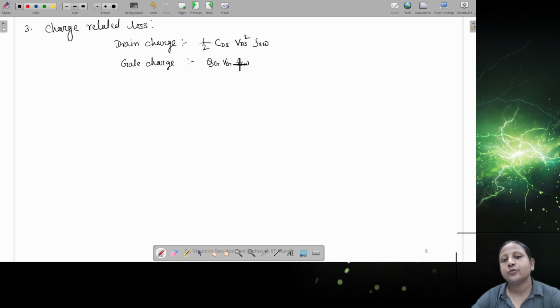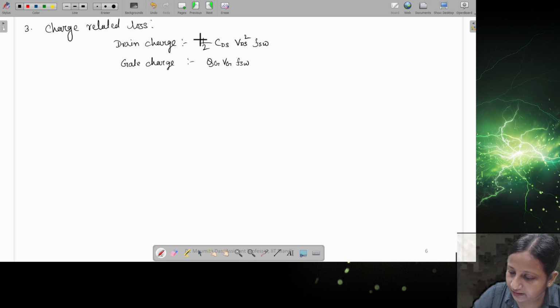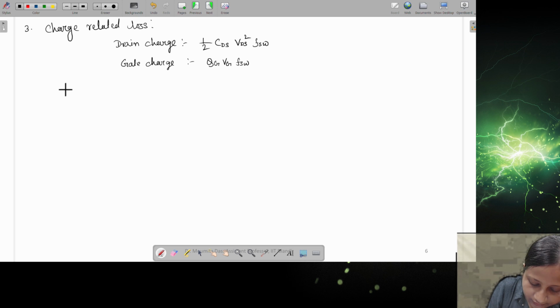VG is the voltage across gate to source, and QG is the charge required for that gate to source, basically the capacitance connected at the input of the device, which is known as the gate capacitance. In order to reduce the losses, we have to consider devices where this parameter is lower. So then what do we need to do to reduce